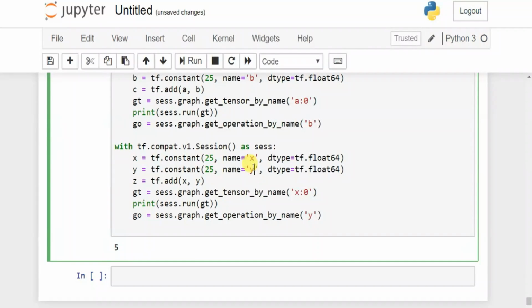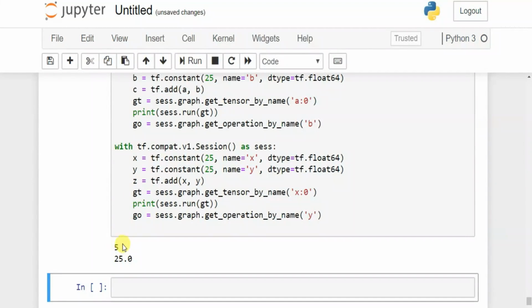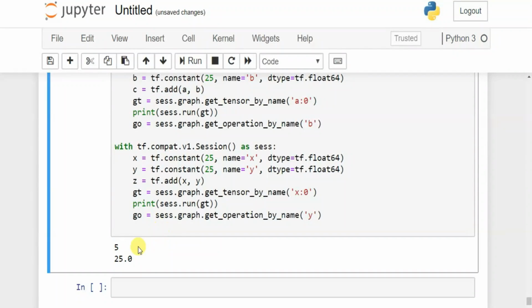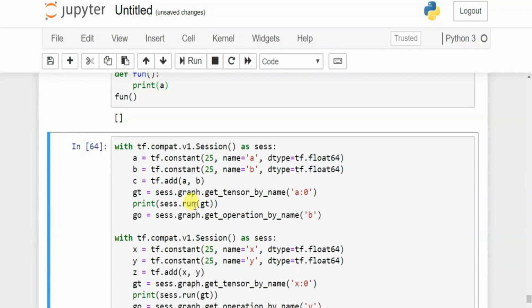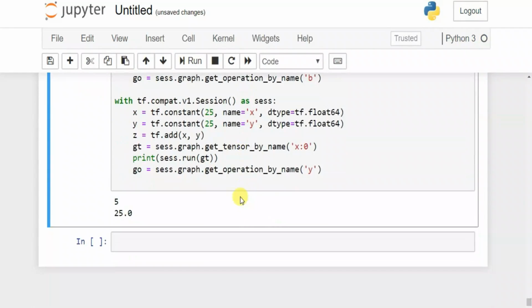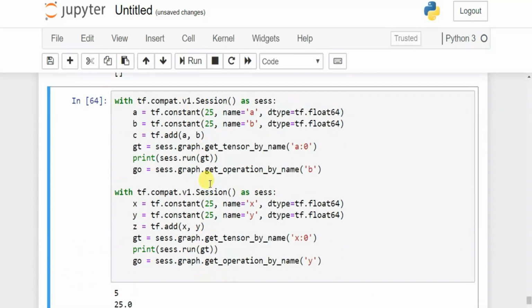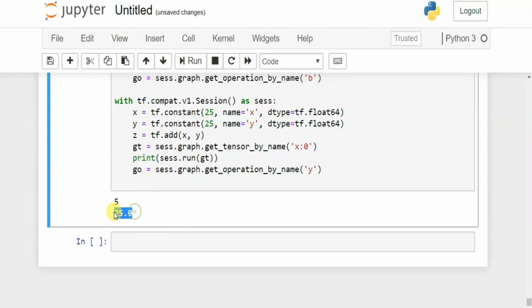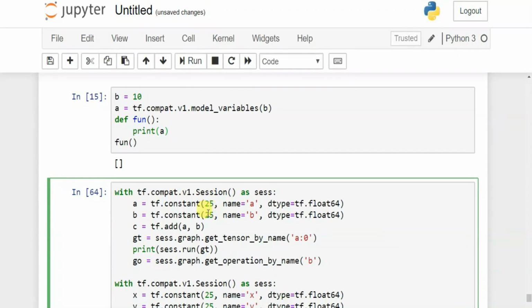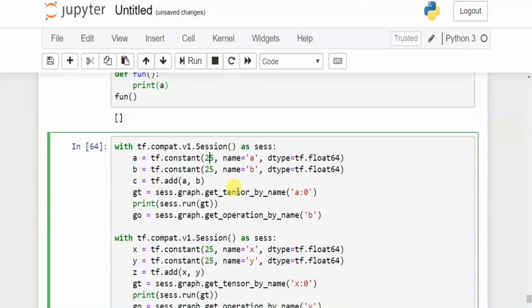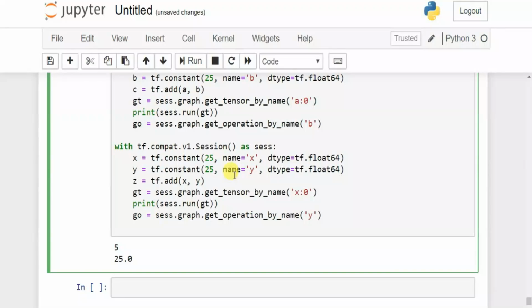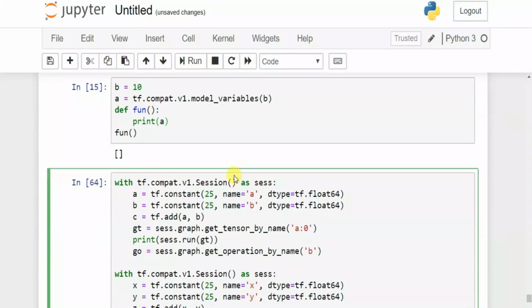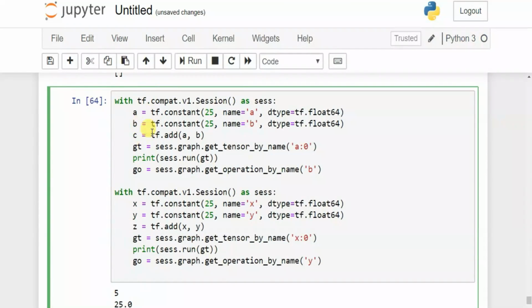Why? Because this 5 is this 5 from sys.run, because whenever we change the value, this is not gonna change in the graph, because we first add 5 in here because the constant value is 5, and then we changed it. So this is not gonna happen because this has not changed the value. 25 is not in here, so A is permanently stored as 5 and B is permanently stored as 5.